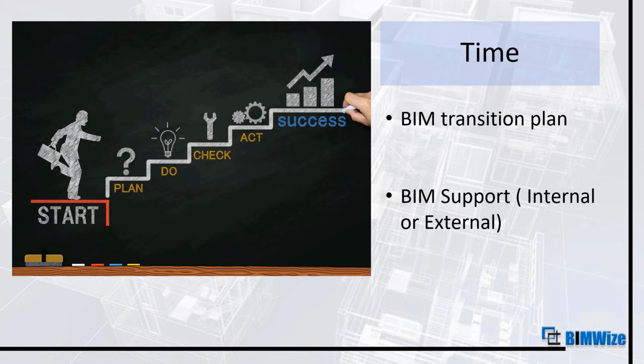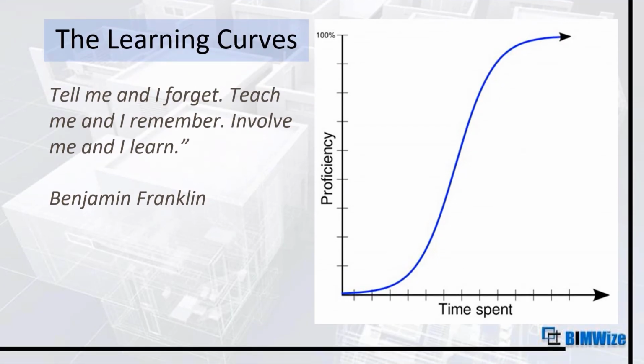And even when we have talked about investing into time, or investing into money, or planning all of this, we still have to deal with a big learning curve. And generally, a learning curve would look something like this, where in the starting you start to know something, and then eventually there's a big curve, and then you become really proficient with that. But you know what happens? I really like this saying by Benjamin Franklin, which says that, tell me and I forget, teach me, I remember,